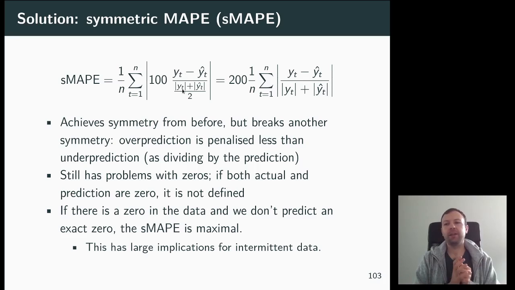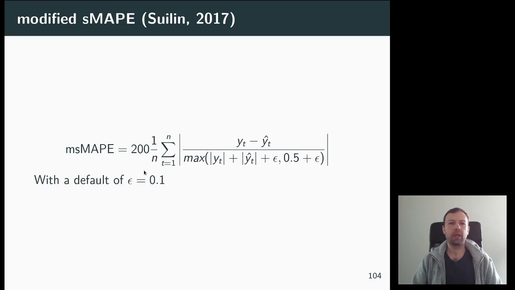So basically, if your series contains zeros, you better make sure you predict an exact 0 and not 0.001, because that will get just the same penalty as 5,000. They are all penalized maximally. Okay, so